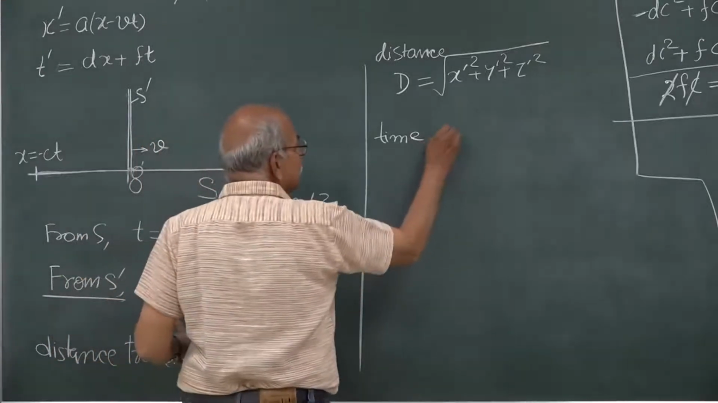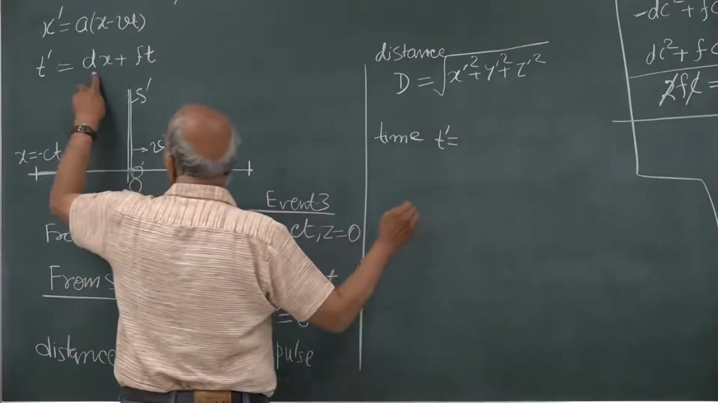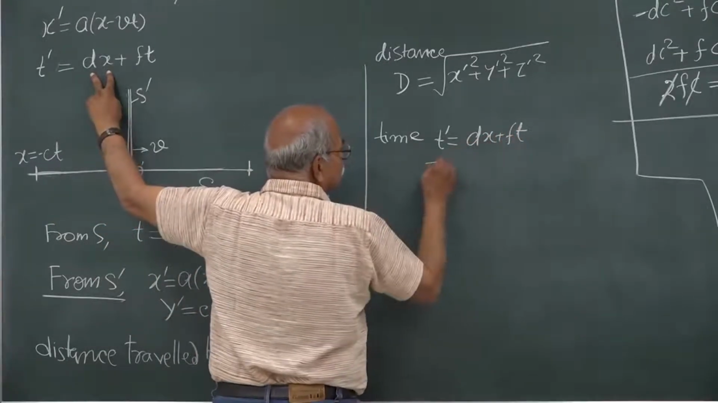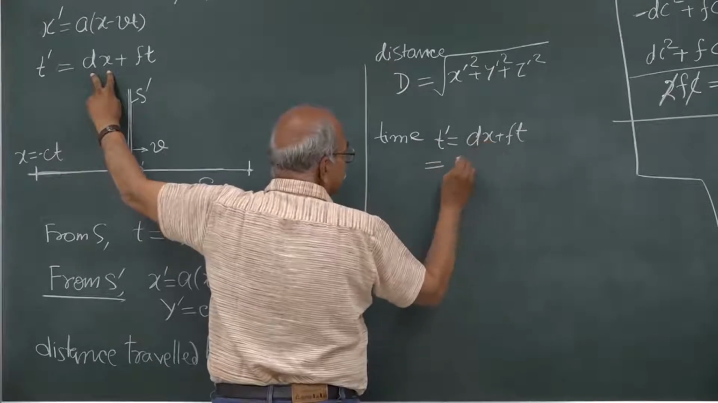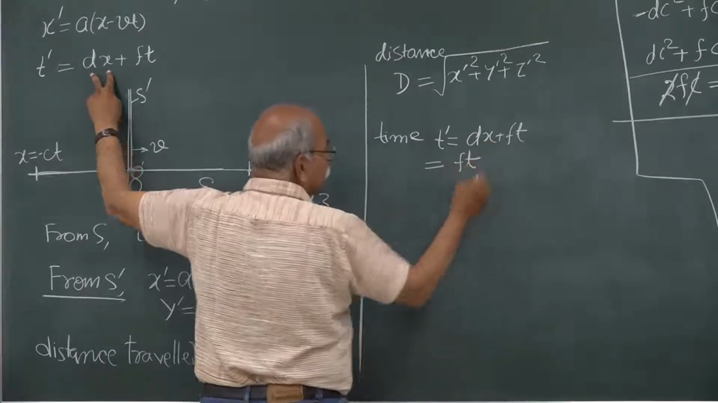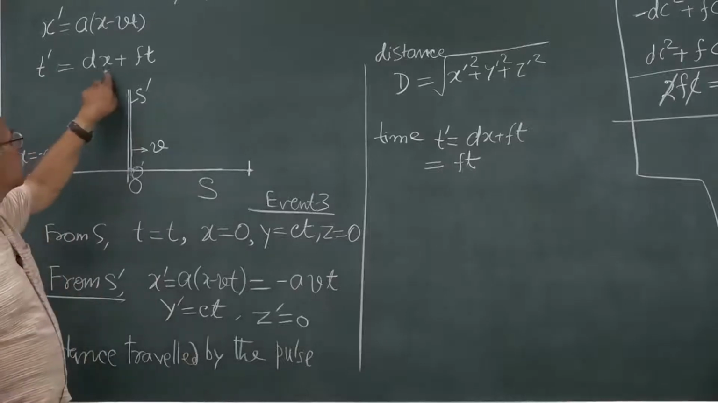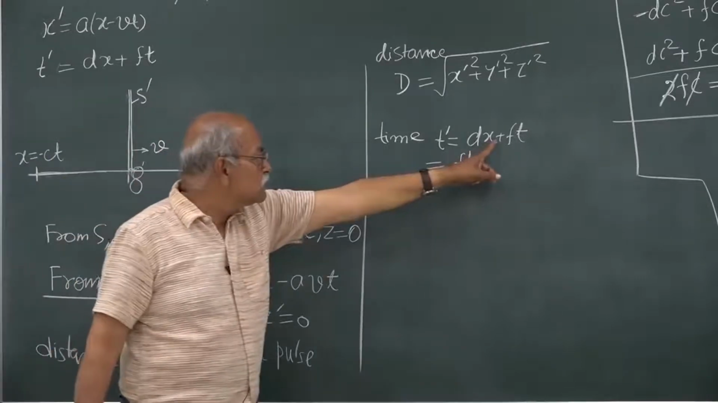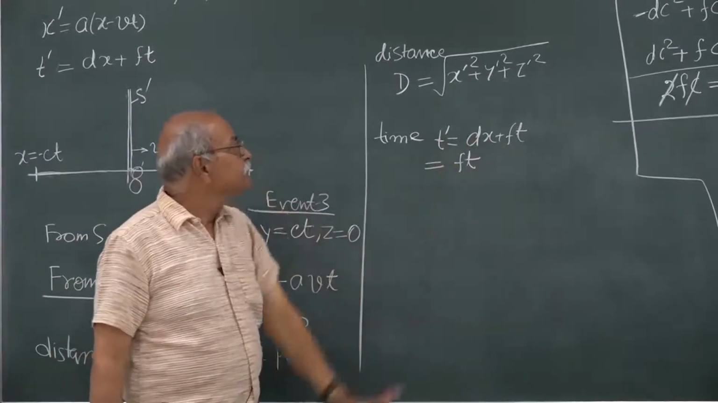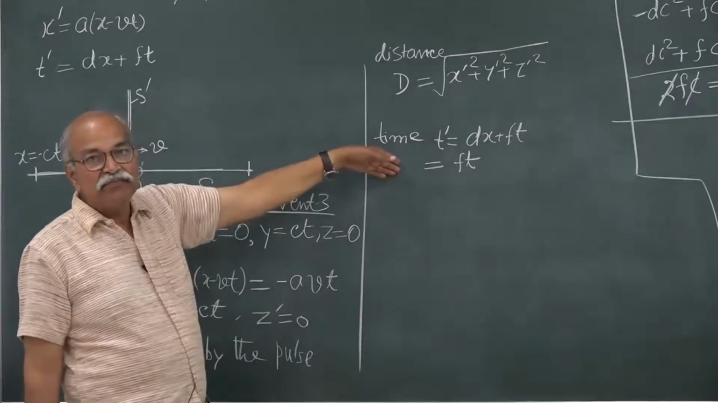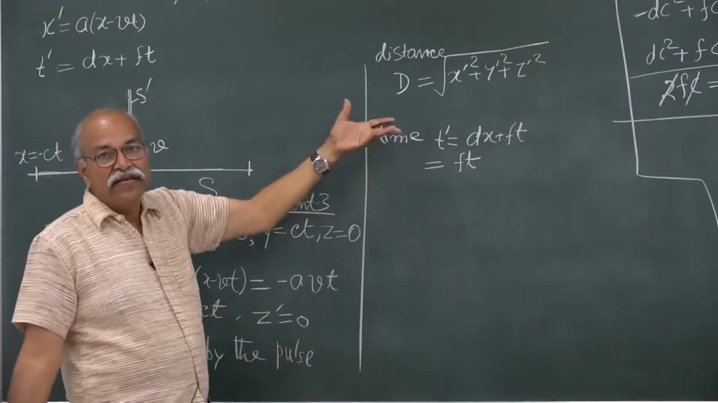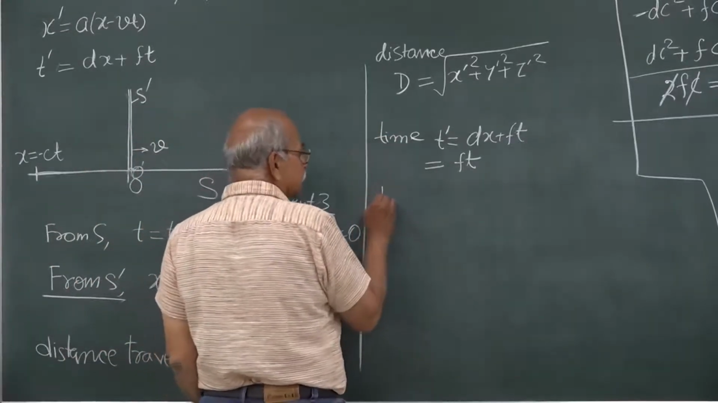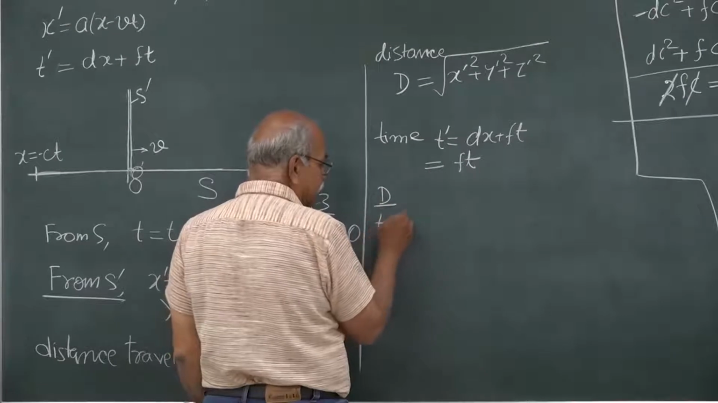So, time t prime is given by d x plus f t, and for this event x is equal to 0. So, I put x equal to 0. So, t prime is f t. So, distance by time is the speed of that light in S prime. So, that should be c. So, d by t prime should be c,